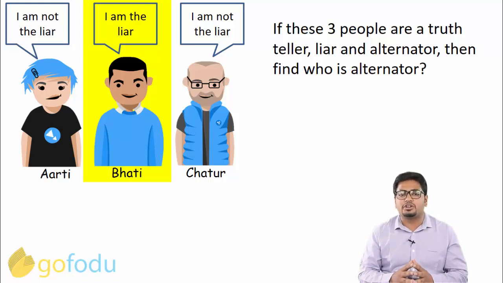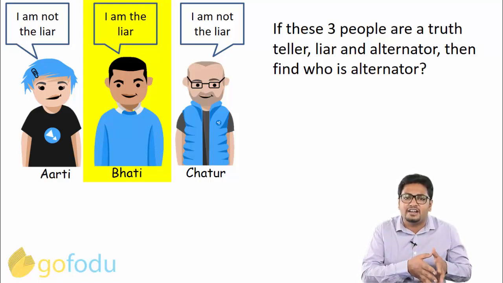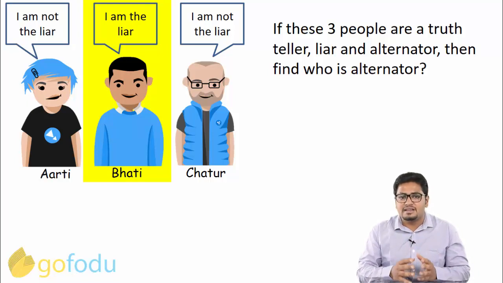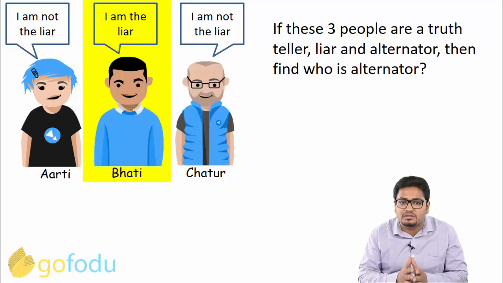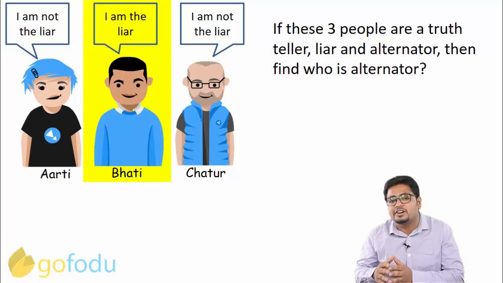Consider him to be the truth teller. If the truth teller says that he is the liar, it contradicts with the identity of the truth teller. Same is applied for the liar. The liar, accepting the fact that he is the liar, makes him say the truth, which again contradicts with the identity